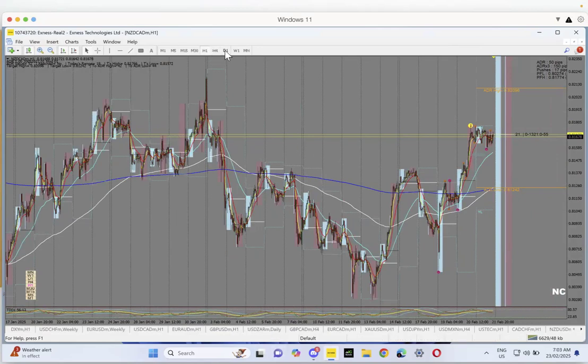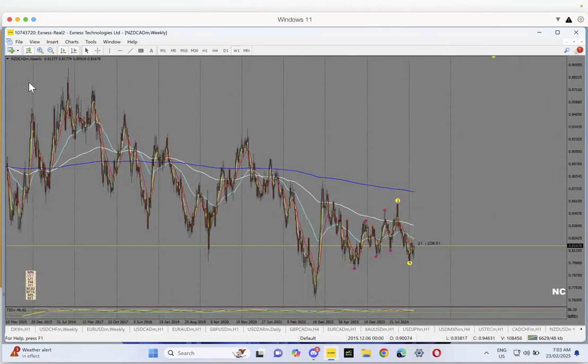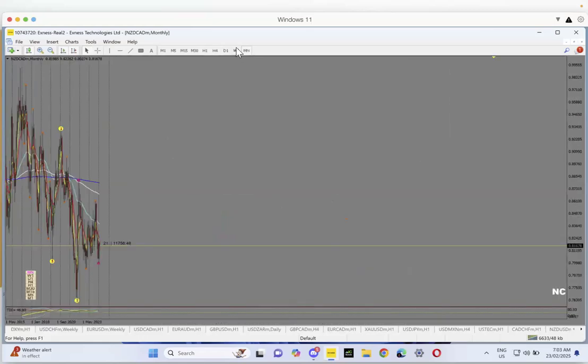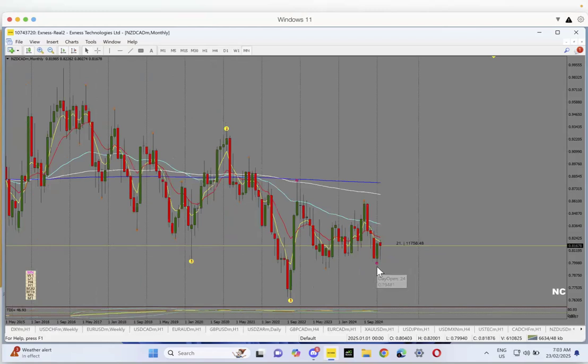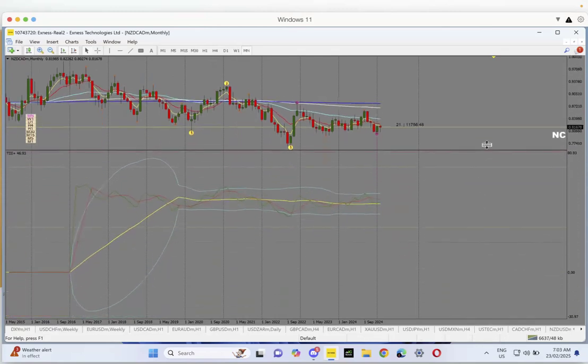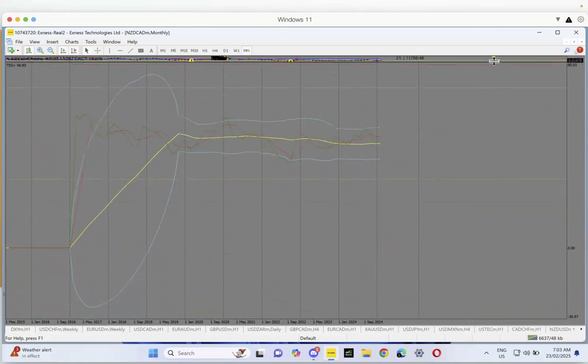All right. So if you look at this pair, from what he said, higher time frames are good, but they are only for reference and also for finding out the direction of the market. And then smaller time frames will give you those smaller details. When you look at the monthly time frame, you can actually see that the market is definitely going down, though the TDI has been